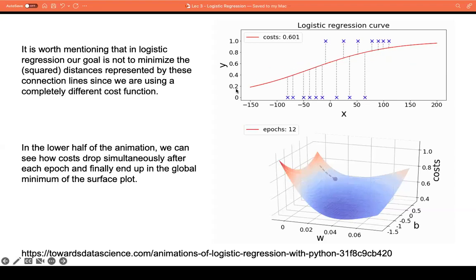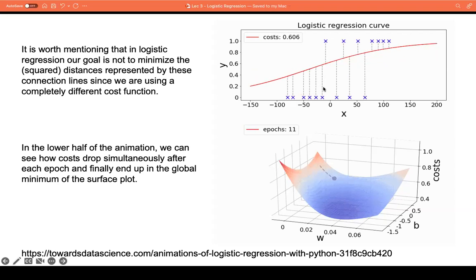By gradient descent, we want to find the best weight, or best theta, such that the sigmoid curve is also getting close to the optimal. It is worth mentioning that in logistic regression,